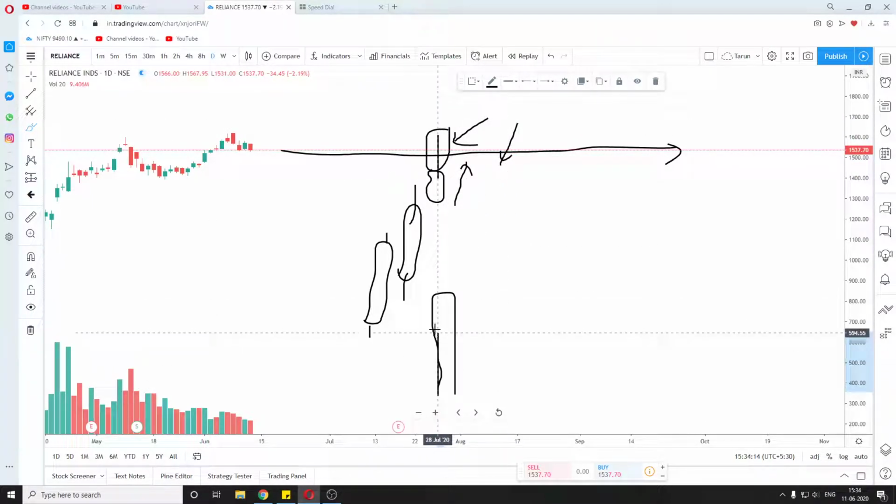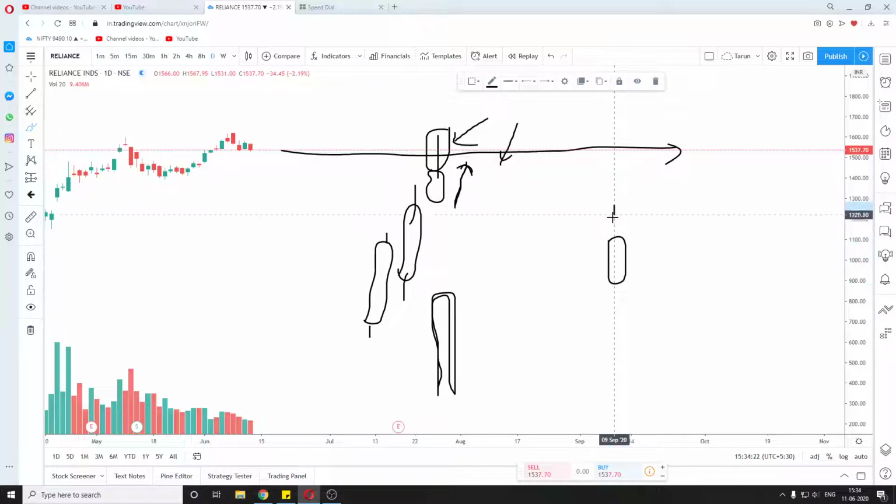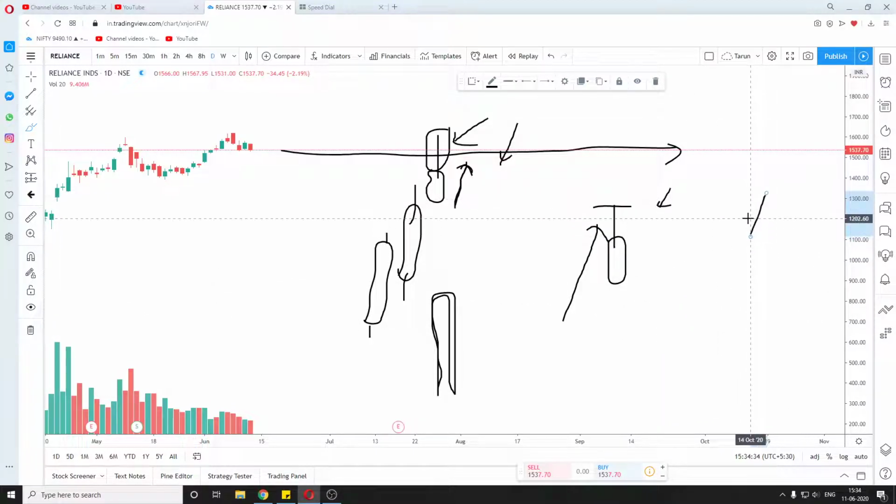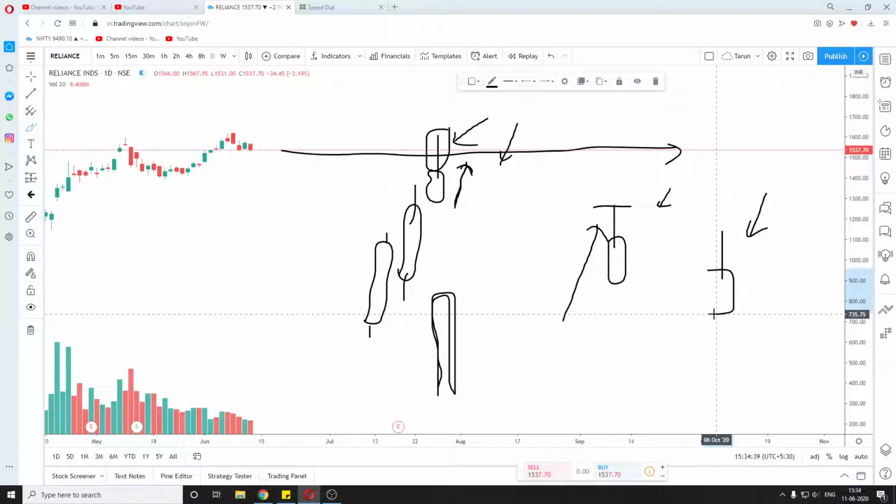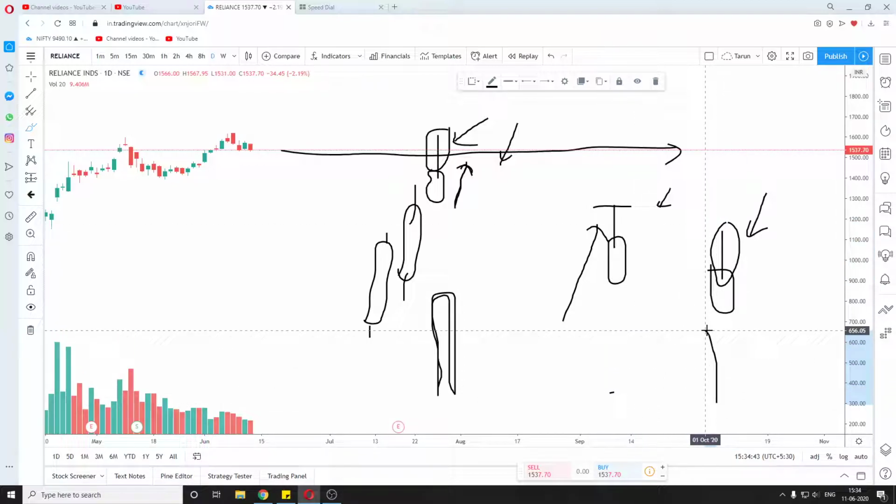So the volume will be high because there was buying pressure in the beginning as the price rose. If a candle like this is formed, it means that at some point in this candle the price reached till here. So the buying pressure was there, but at the end of this candle the pressure was stronger from the top. That is why we get a candle like this and a wick on the top,